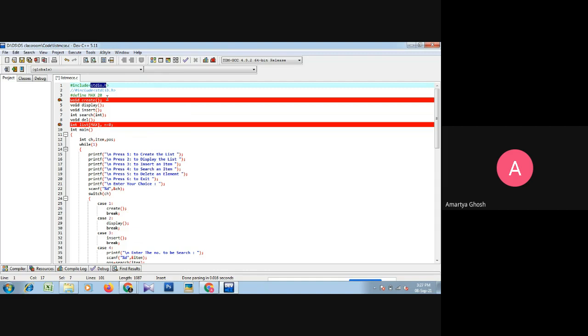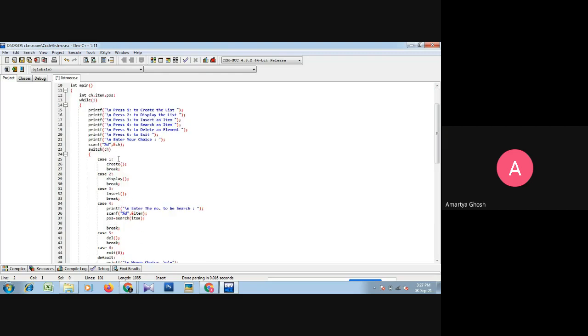So there is an error because the exit function is not defined. That is why we include the header stdlib.h, where the exit function is available or defined.